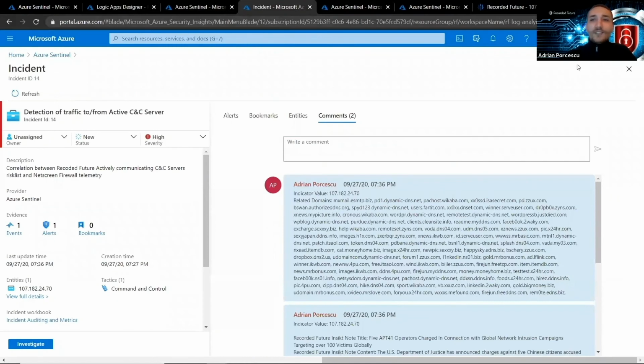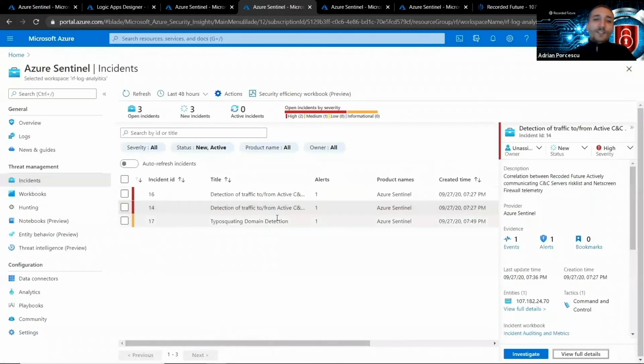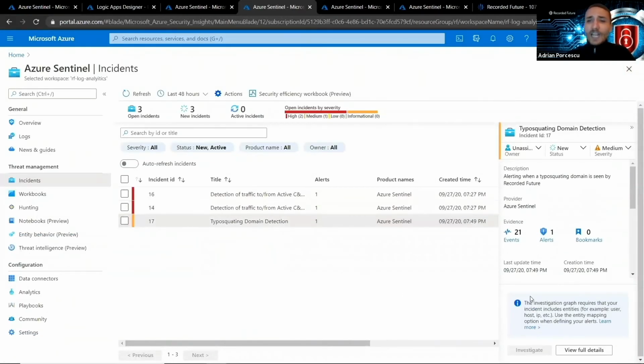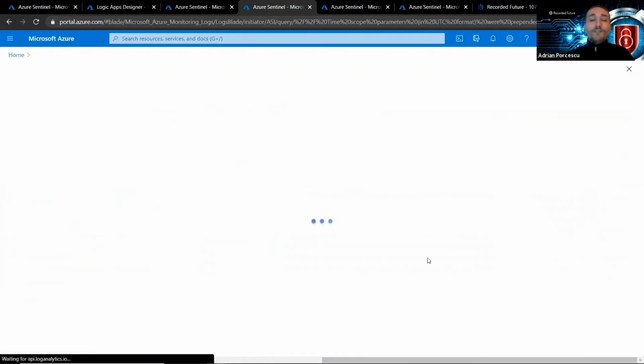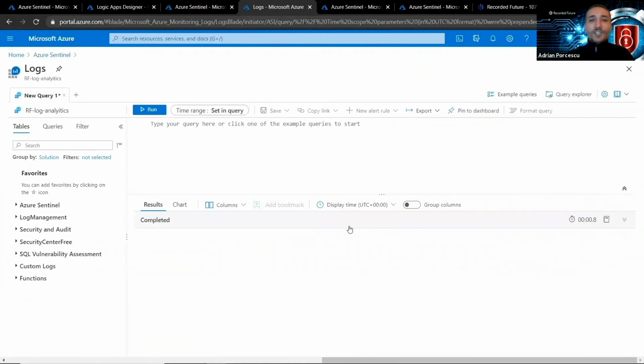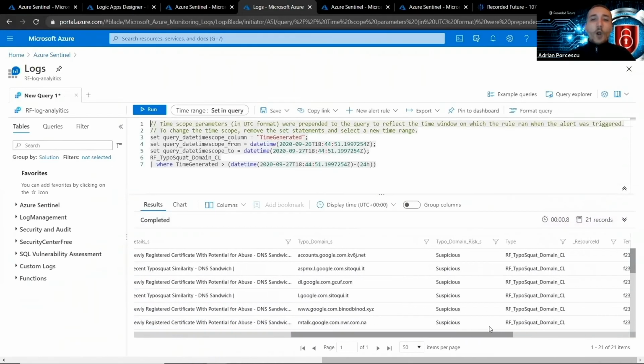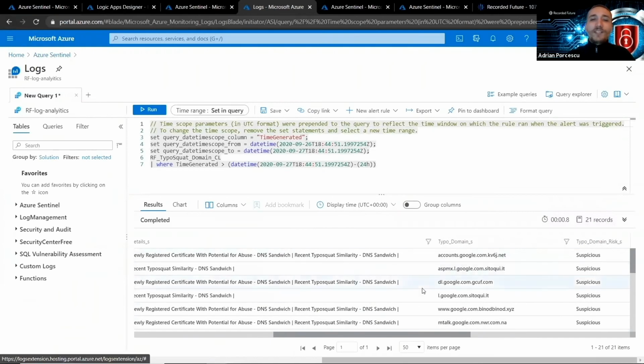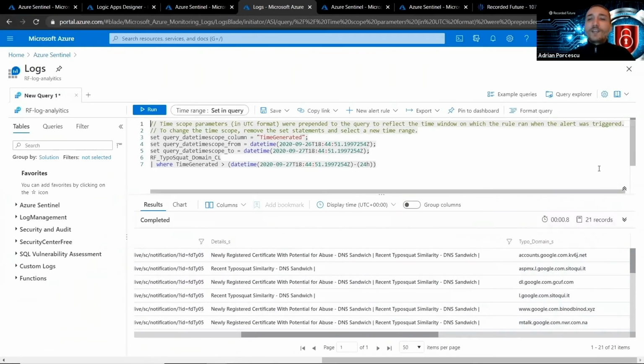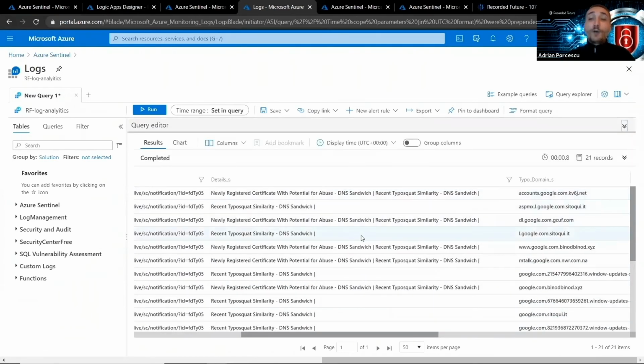So looking at the incidents here that were generated by this alert, I can immediately see that I have an incident that has aggregated 21 events. And just pivoting to those events, I can immediately see what are the actual domains that were detected as typo squatting from my domain. And also something that is very important, what is the context in which those domains were